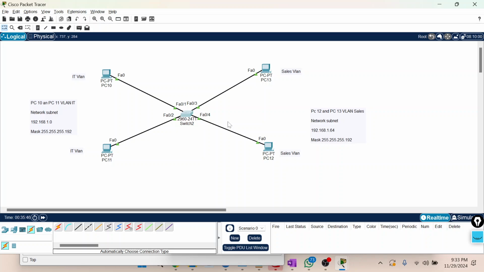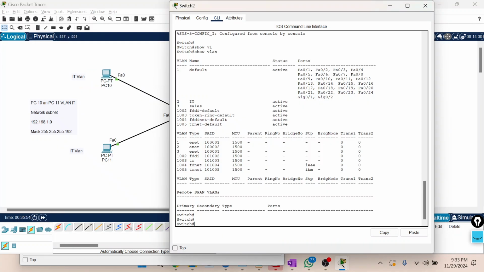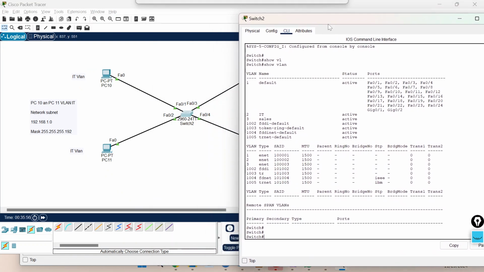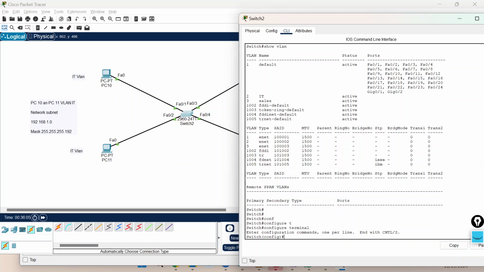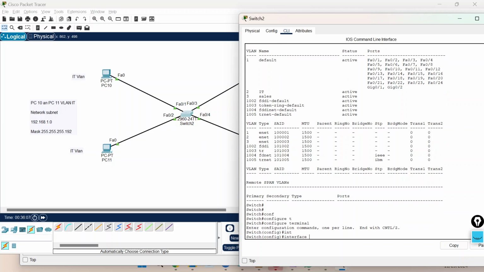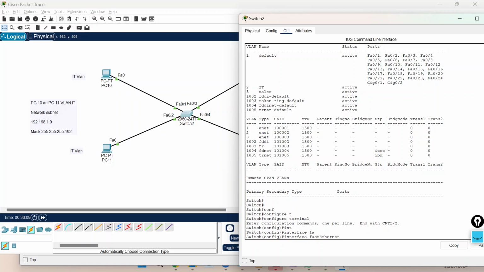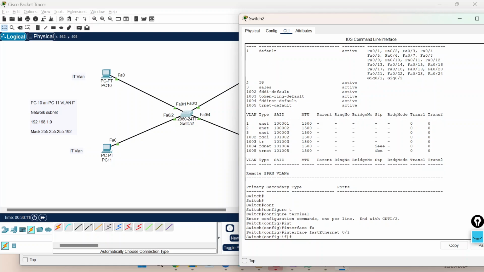Now in our scenario, we have only one switch and we have only computers connected, so I am giving all as access ports only. Port number 1 and port number 2 are part of IT VLAN, right? So I'll go to configure terminal again. I go to interface FastEthernet 0/1.